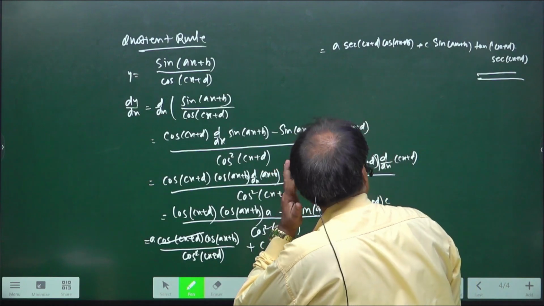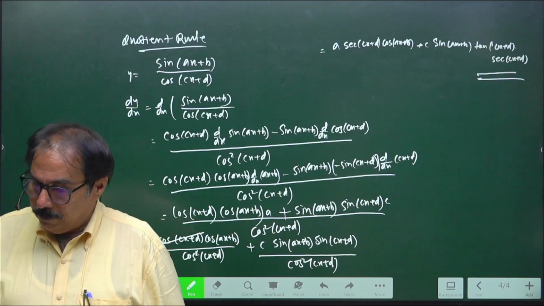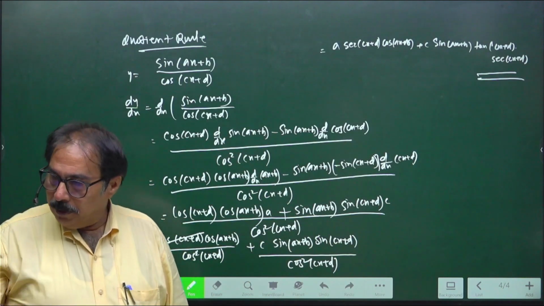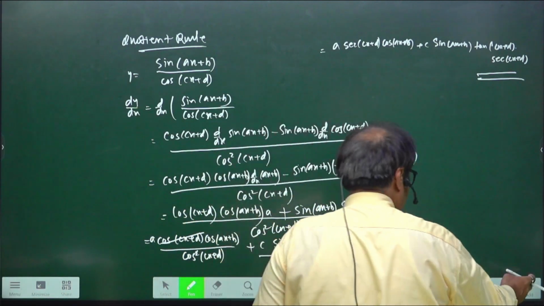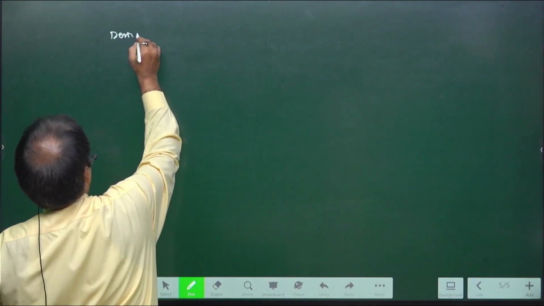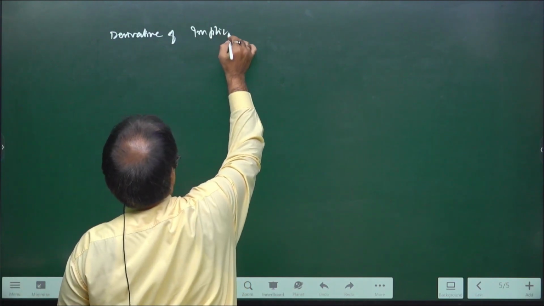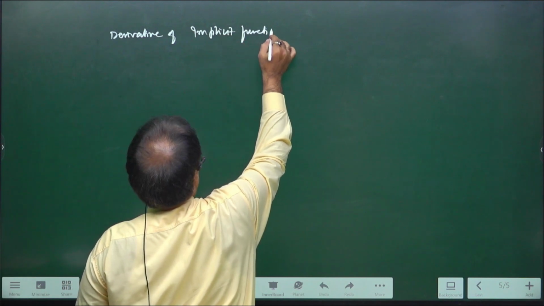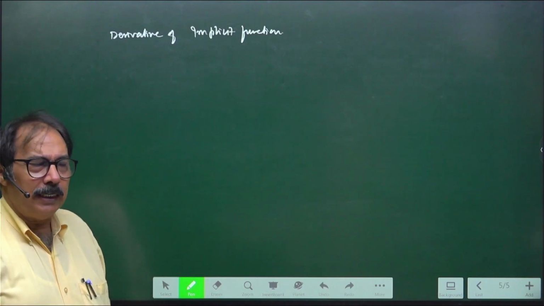By applying the separation rule. Okay. Now come to the derivative of inverse trigonometric function. But before that, I think the derivative of implicit function. Derivative of implicit function. Okay, so implicit function, what does it mean by implicit and explicit?